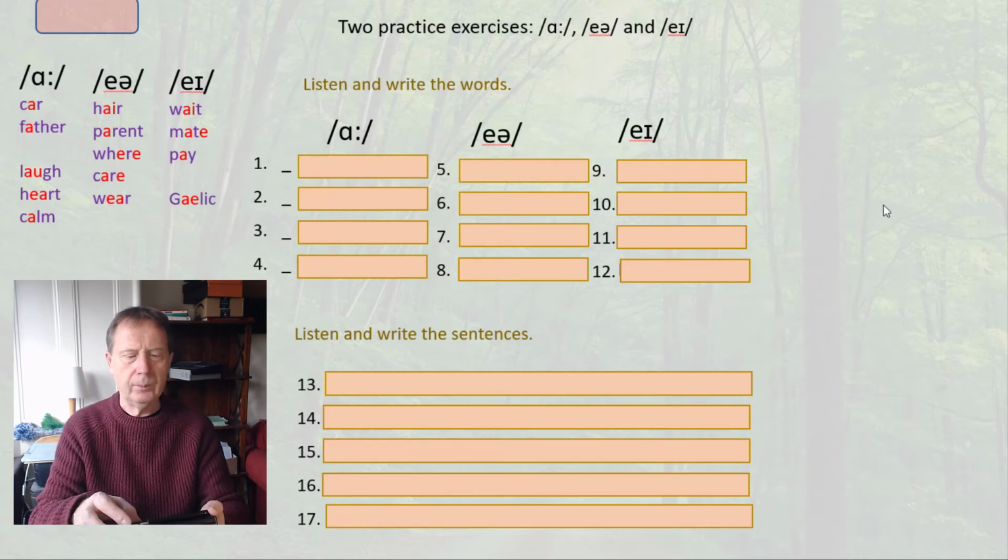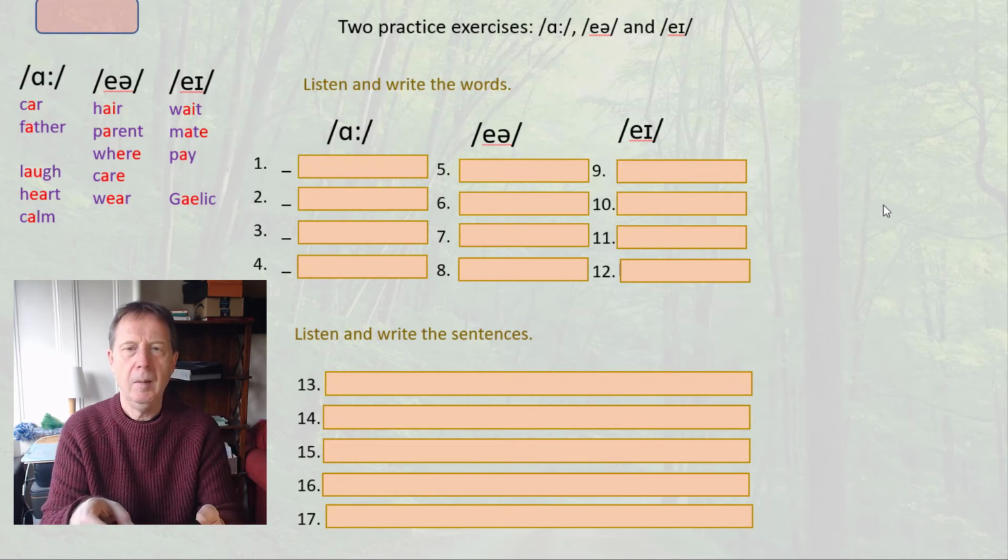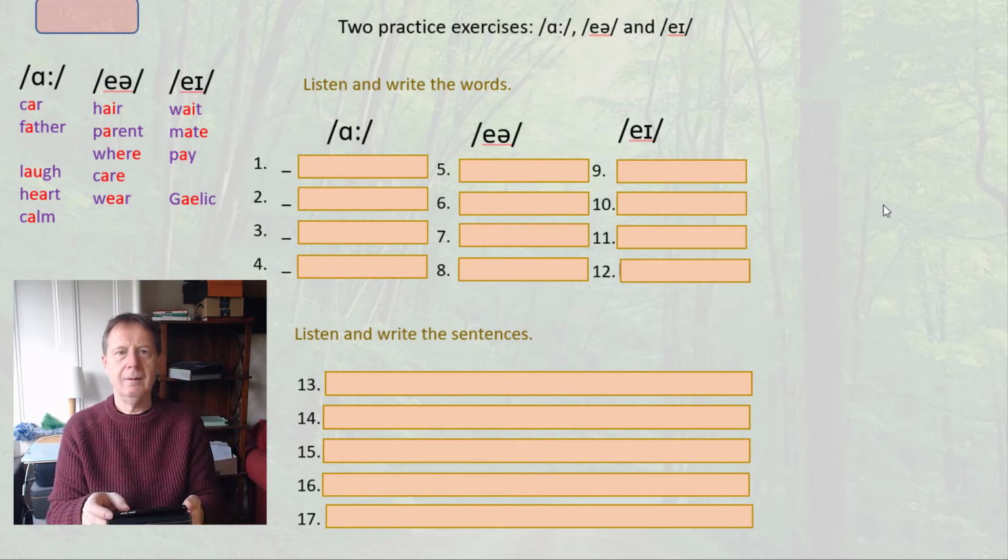Number 1, particle. Number 2, past. Number 3, pasta. Number 4, darling. Number 5,